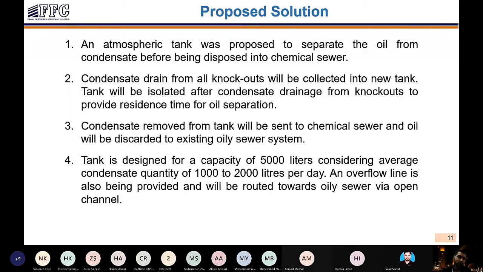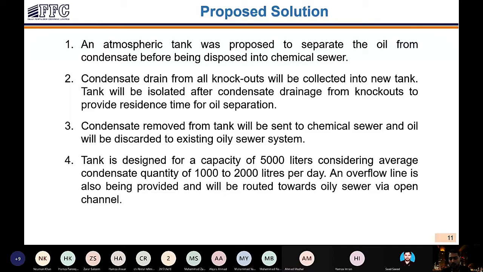So the proposed solution was just to provide an atmospheric tank to separate the oil from condensate before being disposed of into the chemical sewer. Condensate drain from all knockouts will be collected into the new tank. This tank will be isolated after condensate drainage from the knockout to provide residence time for oil separation. As we know that oil is lighter in weight, it goes to the top, and the condensate remains at the bottom. So condensate removed from the tank will be sent to the chemical sewer, and oil will be discarded to the existing